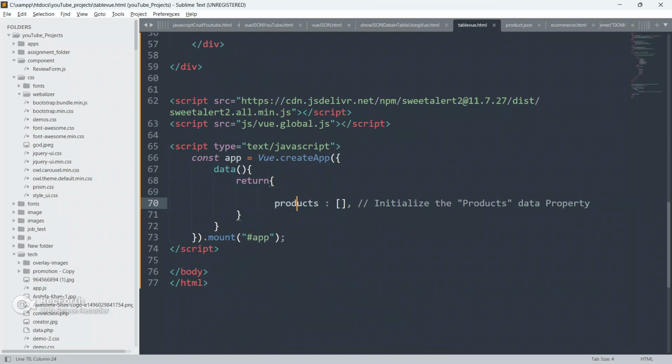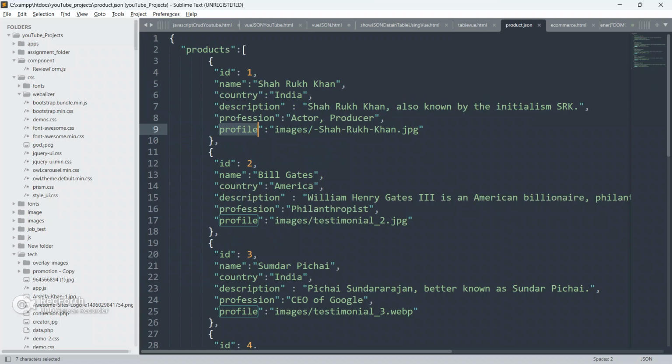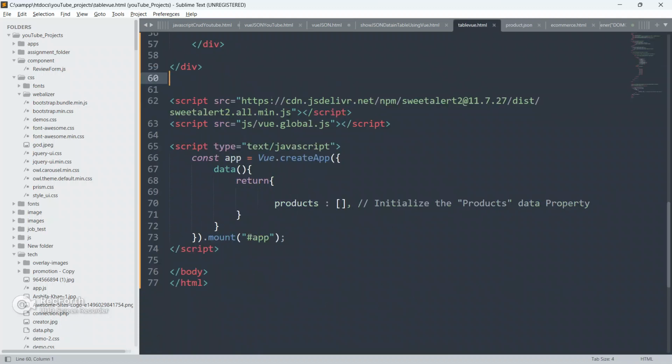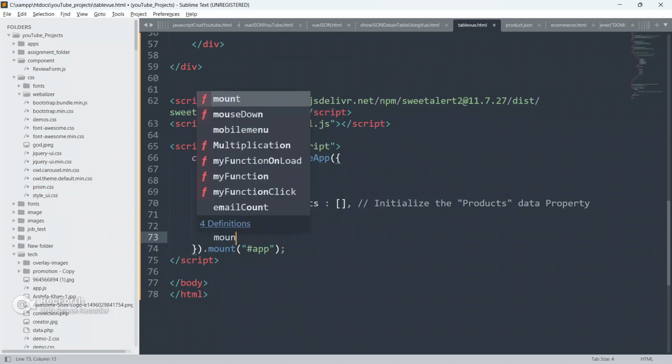Let me just explain one more time. We have created this products property, and as of now it is an empty array, and we will store all the product.json file data inside this products array. For that we have to create our mounted method.